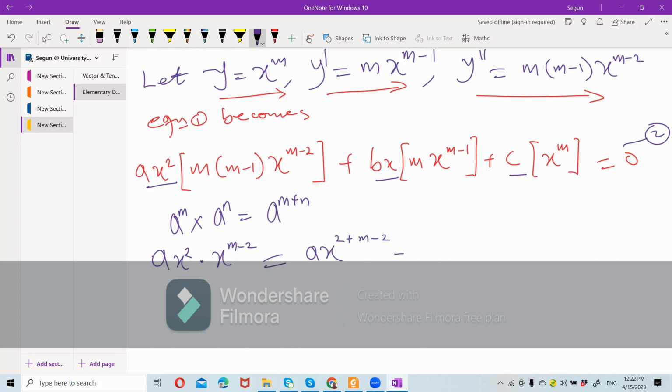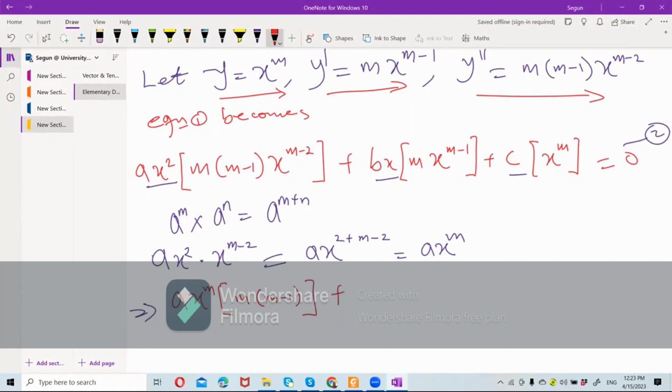A raised to power m. Do you agree it's going to be x raised to power m? Silence means yes, we agree. x raised to power m. Thank you. x raised to power m in bracket m minus 1,